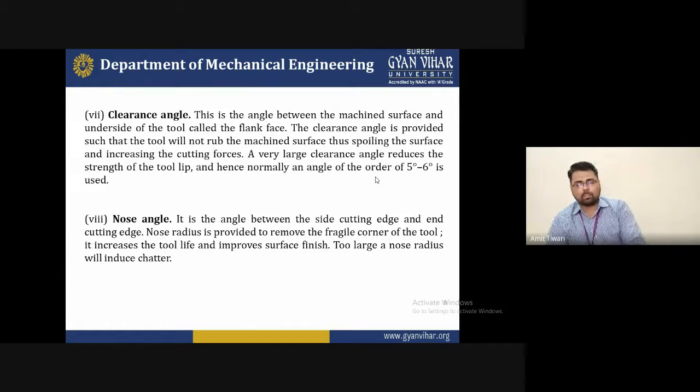So during machining, remember that with a single point cutting tool, you first check the structure of the tool before starting the machining, and after the machining operation you check the structure again. Comparing before and after, you will find some difference in the structure, because during machining metal is removed from the workpiece as well as from the tool, and the cutting edge needs resharpening. So all the angles are very important to each other for preserving the life of the cutting tool and improving the surface finish.